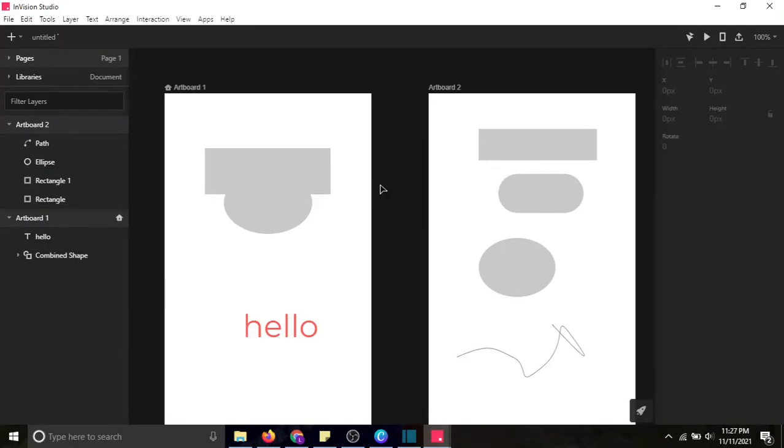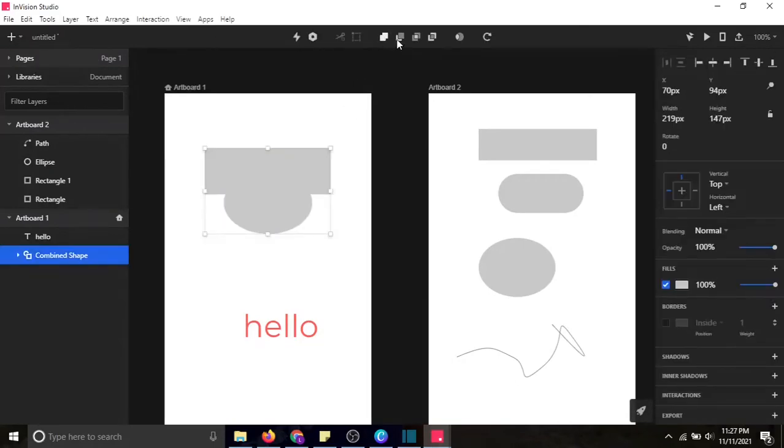Okay, ulitin lang natin. The first part is the layers list. Second part is your toolbar, which is contextual. And your toolbar consists of different tools. We have the create new objects, we have the editing tools, we have the publishing tools, and we have the